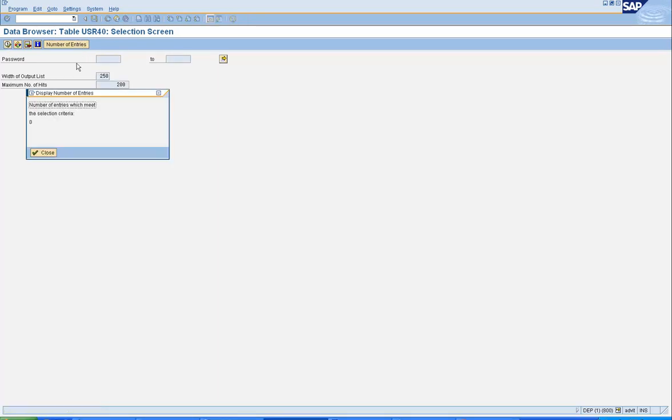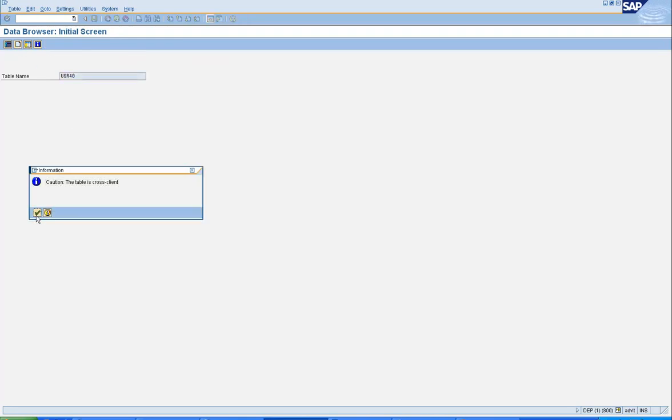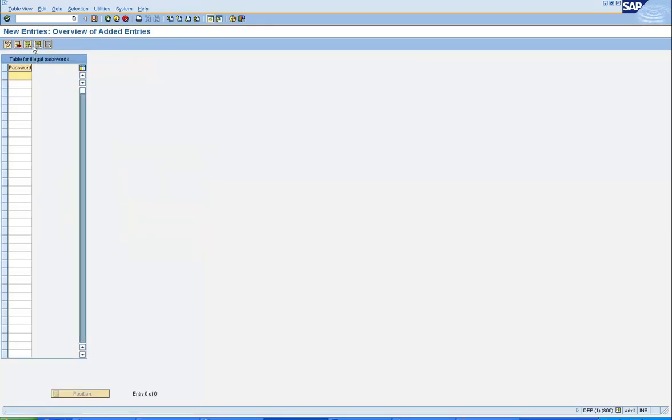For example, this doesn't contain anything right now. For example, I can go and hit create, and I can say, let's say ABCD star and save.